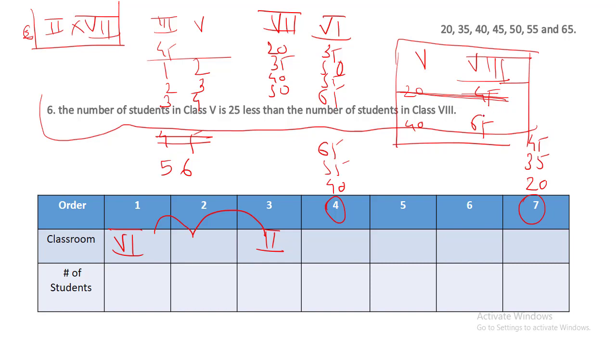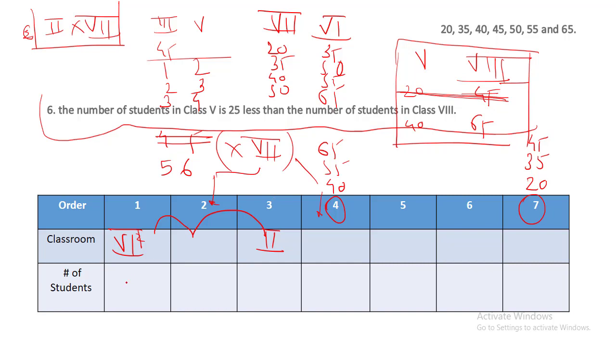So again, connecting the points which we have already read and eliminating possibilities is very important, guys. From here on, we just need to connect what we have found out. Now, do we know any extra information about class 2 and class 6? In the first point, it was given that class 7 is not adjacent to class 2 and we found out the position of class 2. Class 7 cannot come second and fourth.